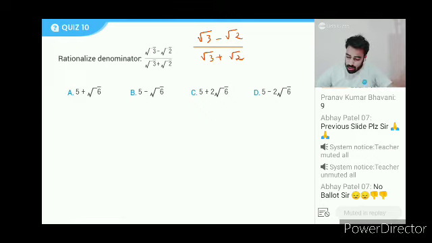One more minute, everyone. I can see that 60% of you are getting it correct. Good thing. Those who are not able to understand, I know that you are struggling somewhere in the calculation. That part you can improve. After today's class, tomorrow you will get a holiday, and on Sunday also. So solve all the questions on rationalization that are there in NCERT or your textbook. ठीक है, 2 terms वाले तो कर लो सारे. Okay, 30 more seconds.